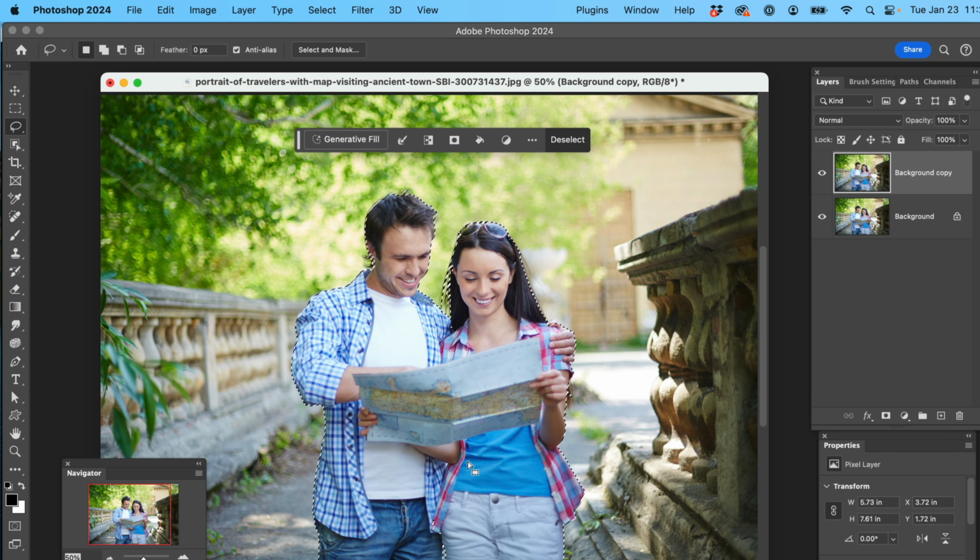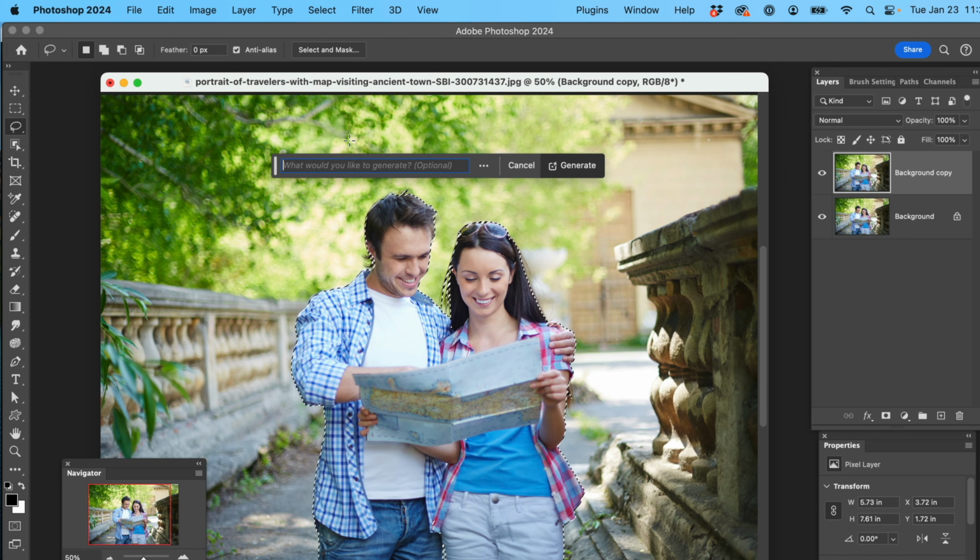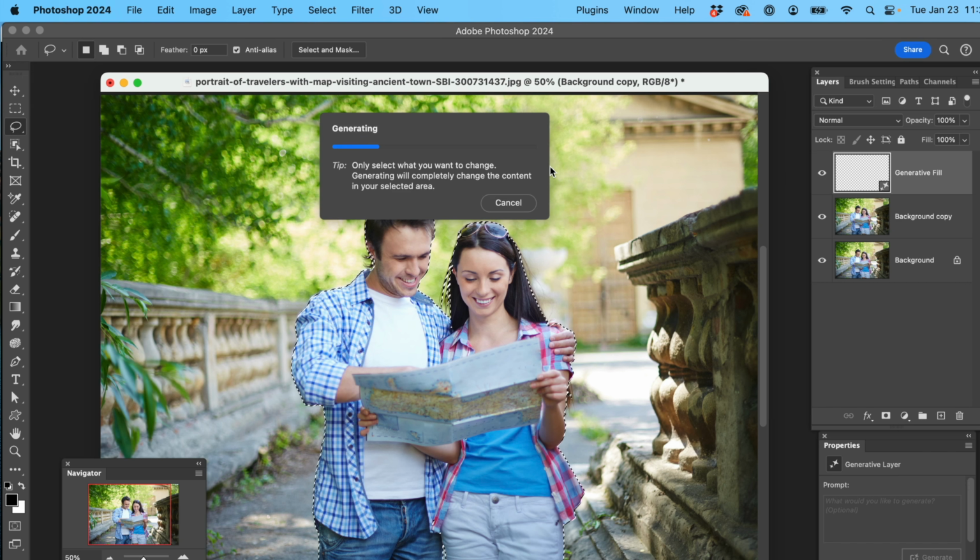So one of the things you can do in Photoshop is hit this generative fill. If you hit that, you can put in crazy things here that'll draw from stock. We'll get into that another time. But we're just saying, just fill that area as best as you can. So we'll hit generate, and it's going to go through and think about it and give us